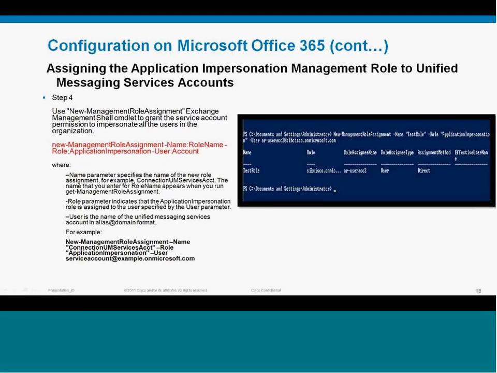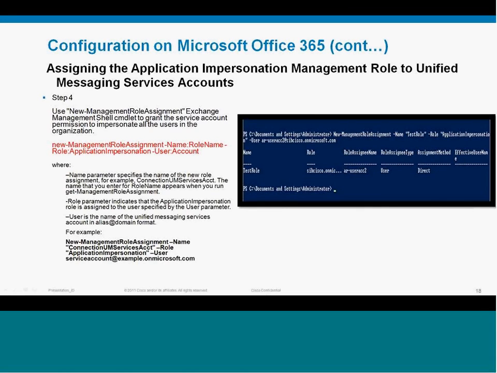Now, assigning the Application Impersonation management role to Unified Messaging Service accounts. Use the New-ManagementRoleAssignment Exchange Management Shell cmdlet to grant the service account permission to impersonate all the users in the organization using the command in the highlighted section. Where the Name parameter specifies the name of the new role assignment. For example,